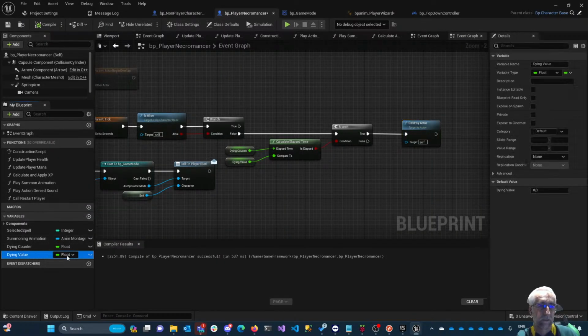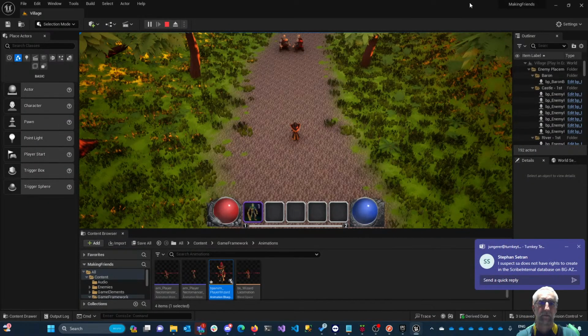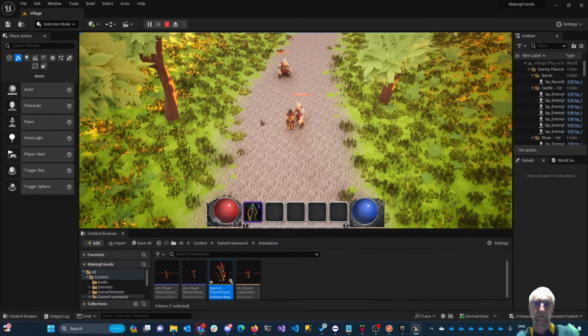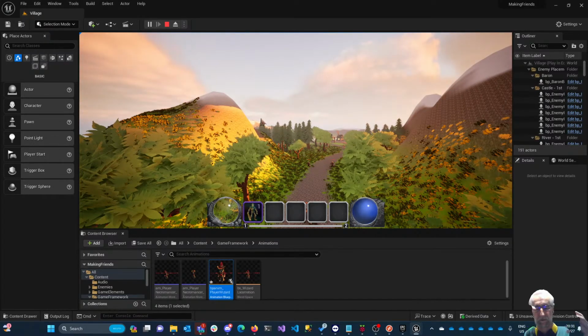Let's just go in here and let's set this line value. Make it visible in the editor as well. And we're going to say 5 seconds, right? So you'll be dead for 5 seconds. Okay, let's play that. Wow, go and hit me. Oh, okay, now we died. Nice. 5 seconds are up, and okay, so